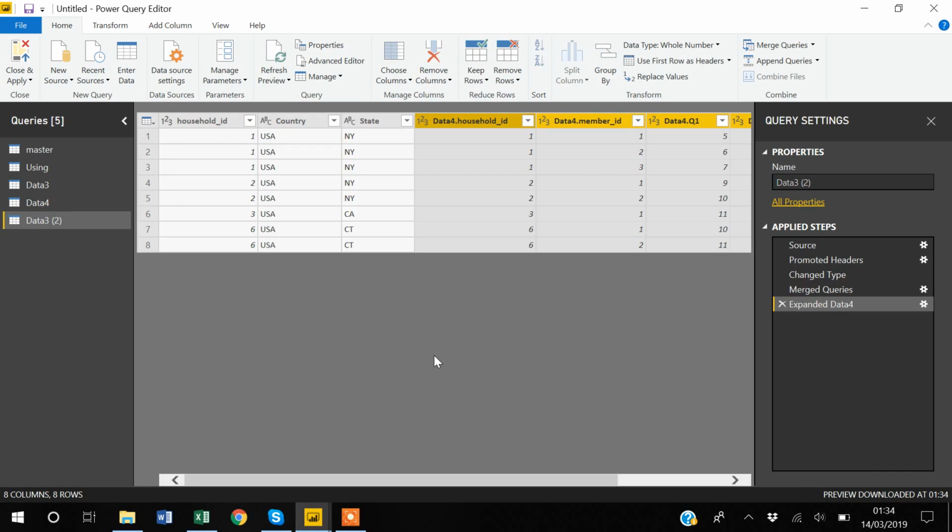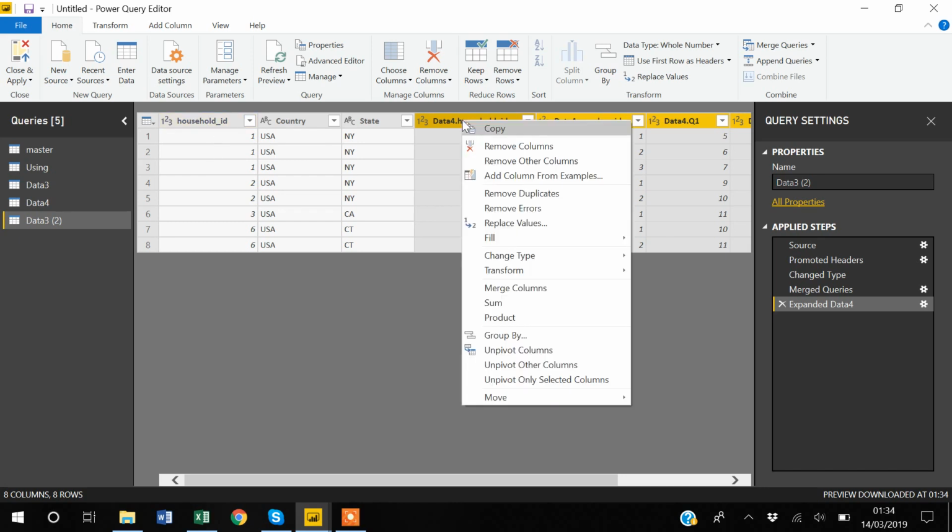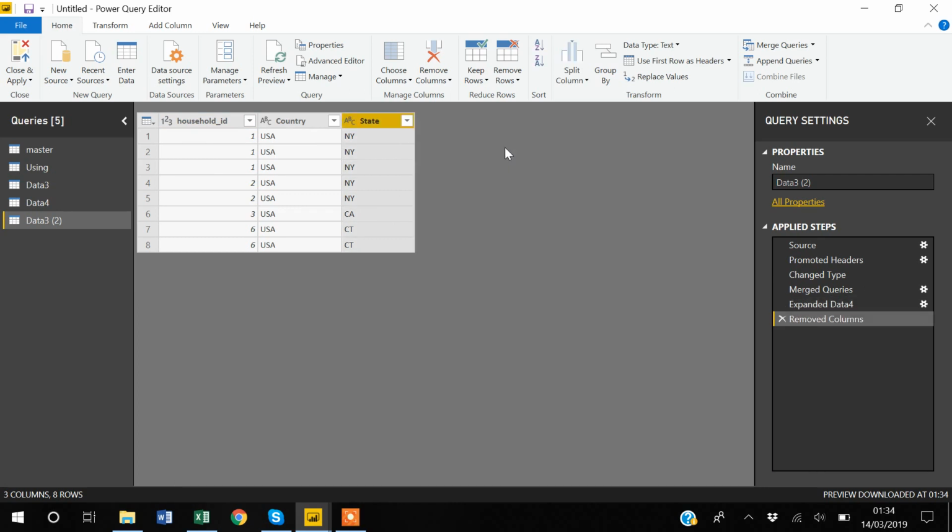you can see that this variable is redundant because this is actually the same as this household ID. So you can simply delete it. So it actually deleted all the columns. So what I will do, I will just quickly repeat